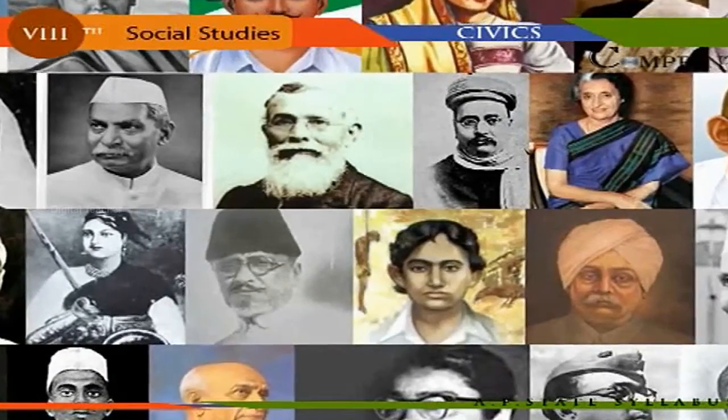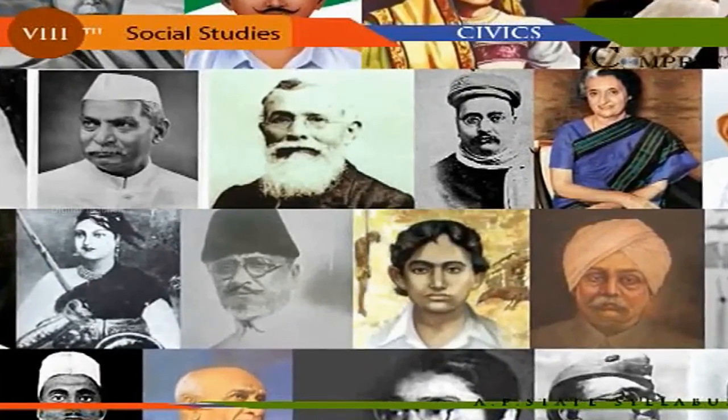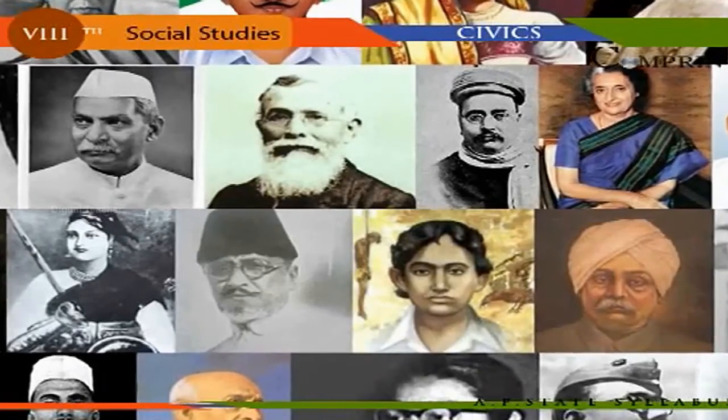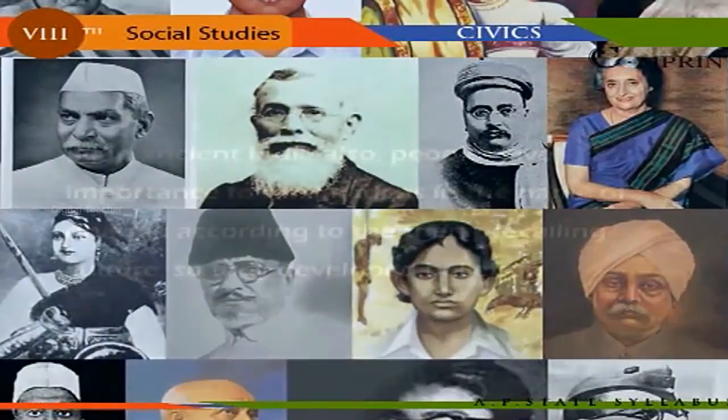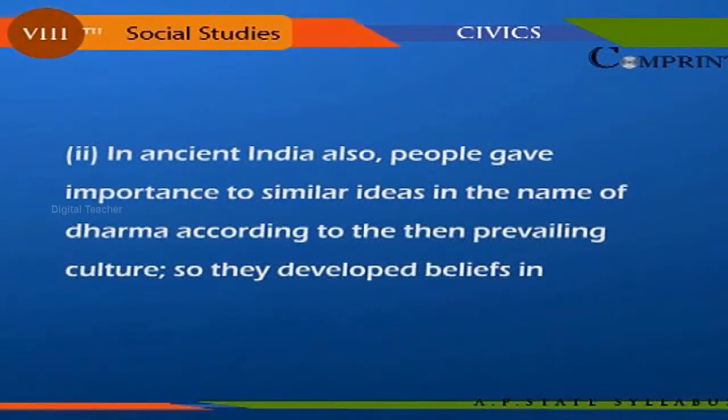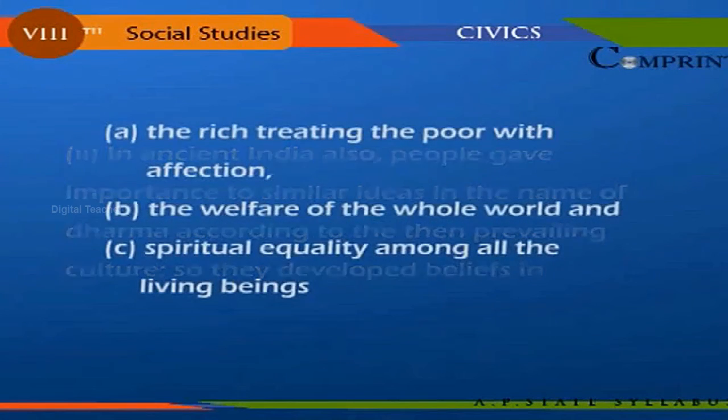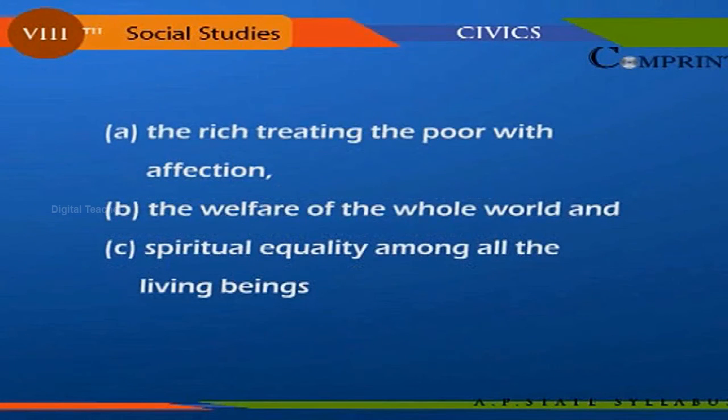For example, Hyndman, an English socialist, was a good friend of Dadabhai Naoroji. Lounsbury was a friend of Bal Gangadhar Tilak. In ancient India also, people gave importance to similar ideas in the name of dharma, according to the then prevailing culture. So they developed beliefs in the rich treating the poor with affection, the welfare of the whole world, and the spiritual equality among all the